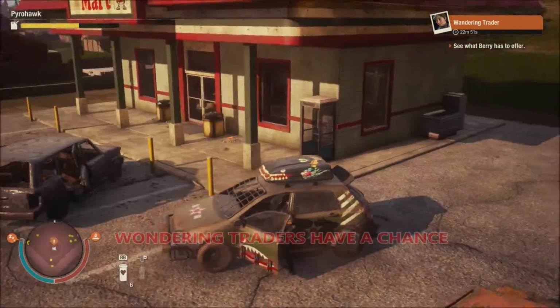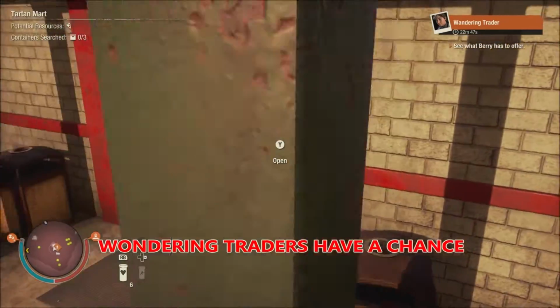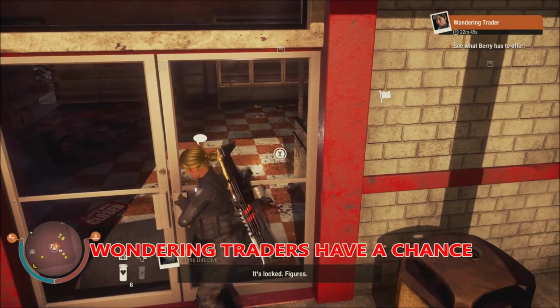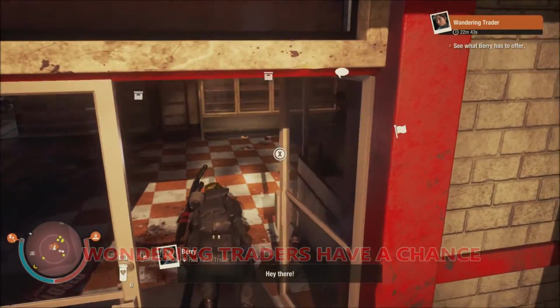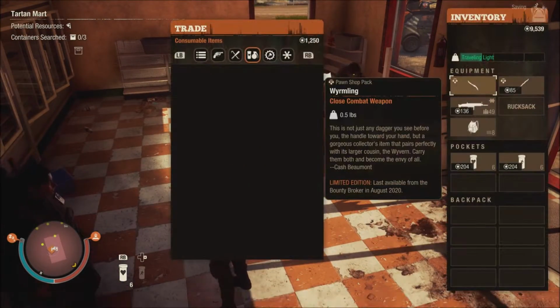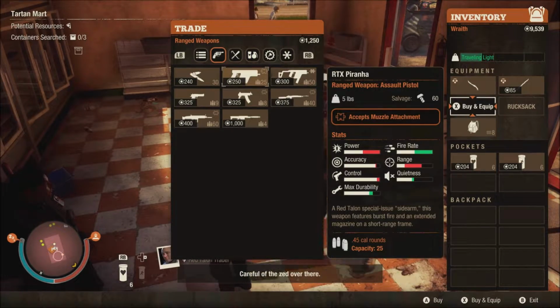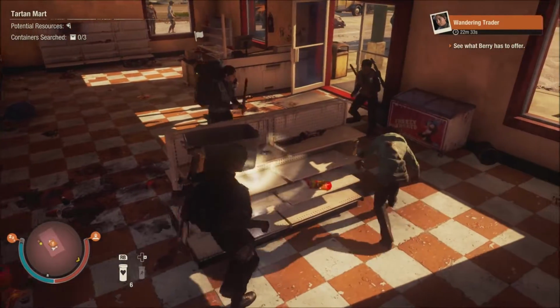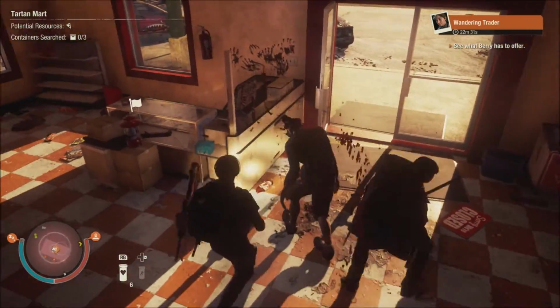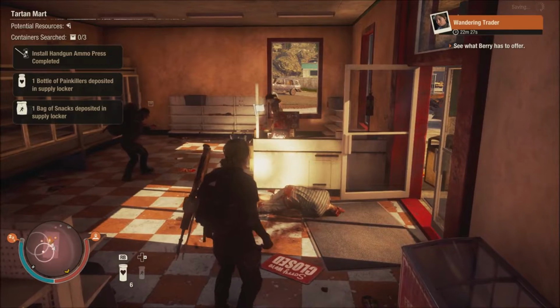The second way is you have wandering traders that show up every 30 minutes. Sometimes you get the Red Talon vendors. They have a high probability of having it in their inventory. As these vendors right here, there's also vendors that show up random, like a weapons vendor. They're on a 30-minute cycle. You'll get more vendors show up, and eventually one will cycle in that has the weapon that you want, or